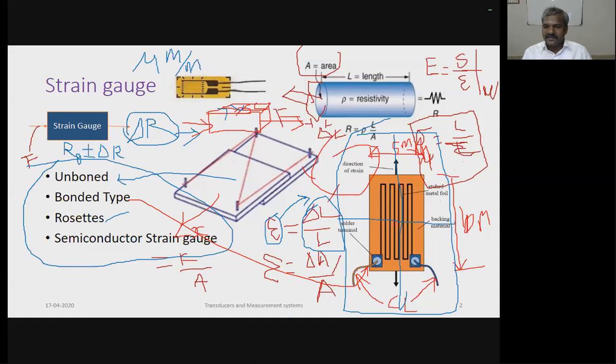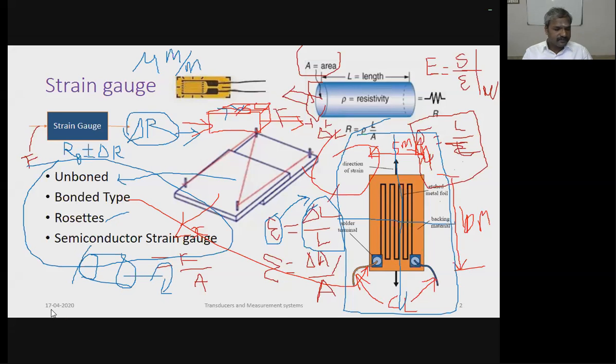This bonded single strain gauge is applicable only along the line of direction of the force. It can be collinear with that. It should be bonded collinear with the center of gravity of the membrane, as I said here. But rosettes are for a distributed element. Suppose there is a torque, and this is a cylindrical rod like this. If we apply a rotational force, that is called torque, we twist it.